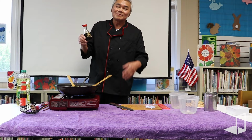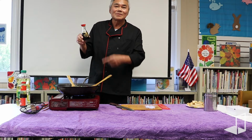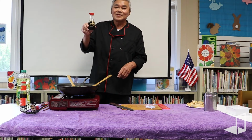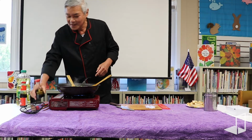There are other specialty soy sauces that cost a lot more money, but they're not that good. It's like buying beer from a craft beer place, and they haven't quite learned how to do it right. Where Kikkoman, they've been doing it for over 100 years. So save yourself the aggravation. Get this. I'm not a shill for them, but you will like this stuff, okay? It's medium body. It's very good. And